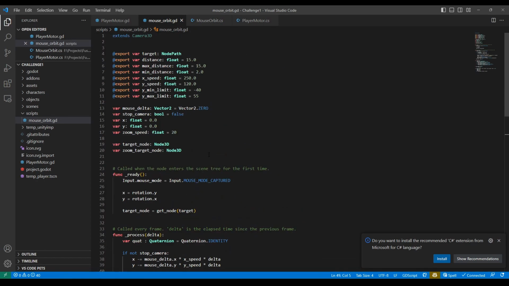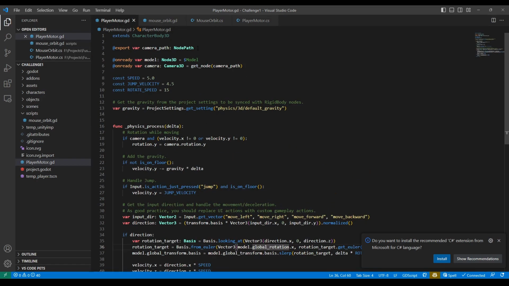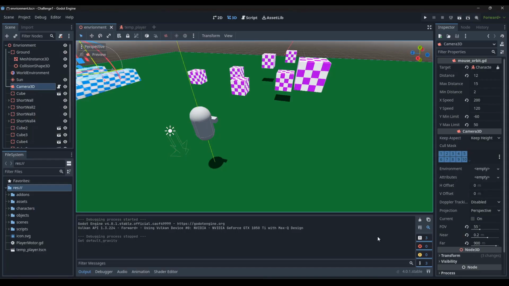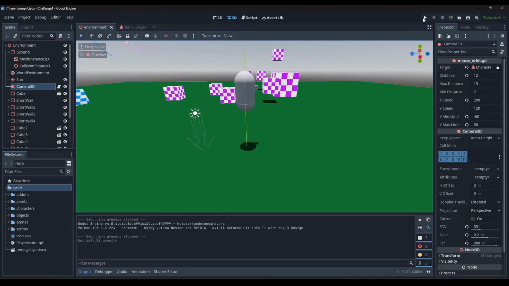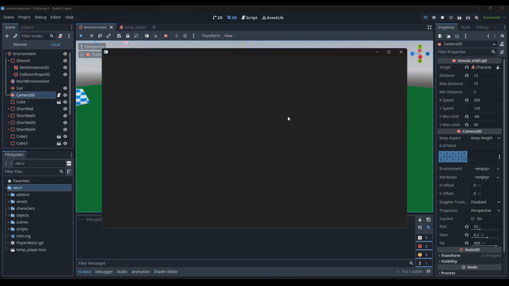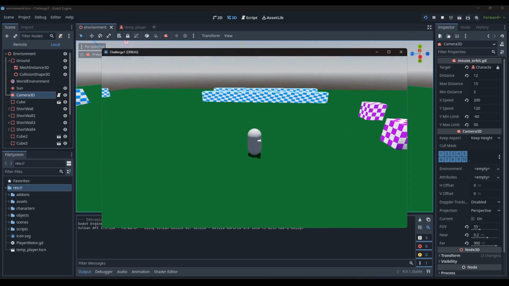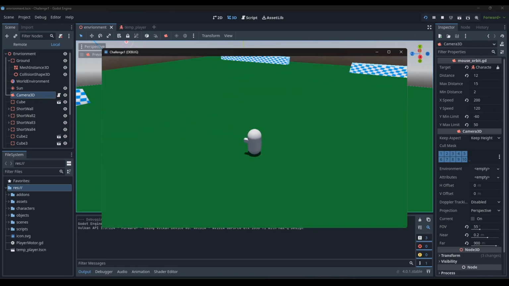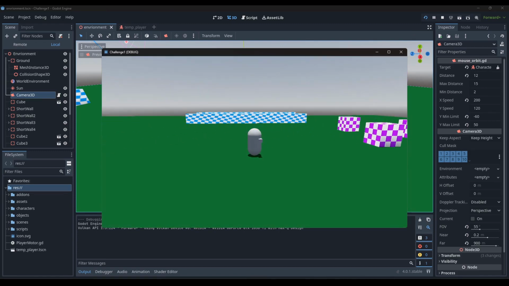but I copied it over and I think it works. One thing I don't love about it is it needs to know what target it's looking at, and then in our player motor script, we also need to know where the camera is, and so that's what's called a circular dependency. It's usually bad practice, but we're not going to worry about it today, because if I go ahead and hit play in this environment,